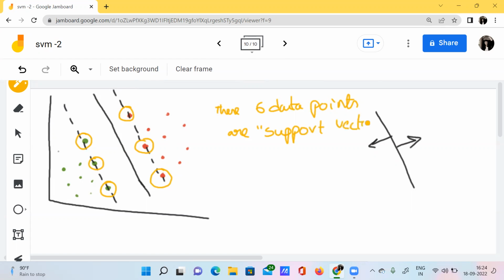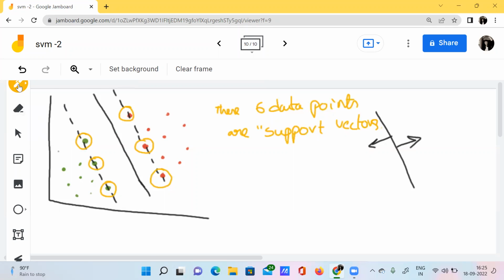These six data points are nothing but the support vectors. Why support vectors? Because, for example, if you change this particular data point's position, then the whole hyperplane angle will be changed, right? How does that happen? I'll explain.